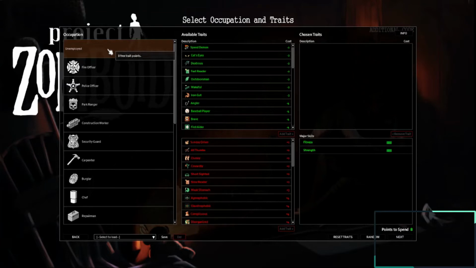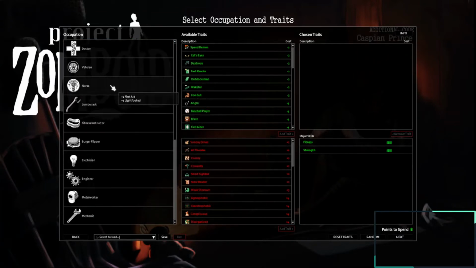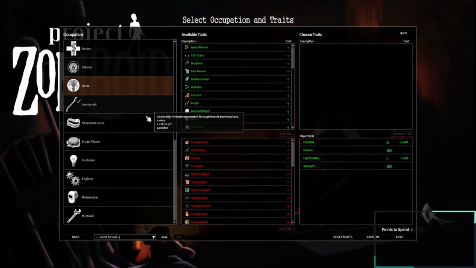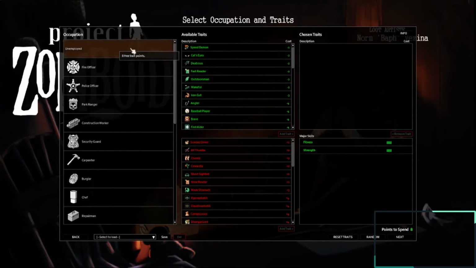I'm going to start with unemployed. There's a whole bunch of different job sets. Each job set gives you different major skills. I like learning from the ground up and having to work hard, but I do love to give myself a couple of traits. So I give myself, let's see,